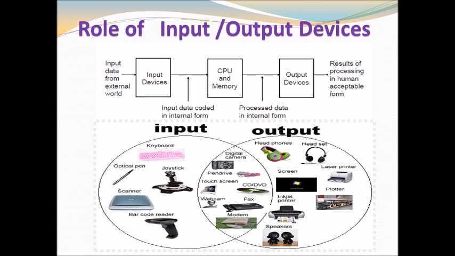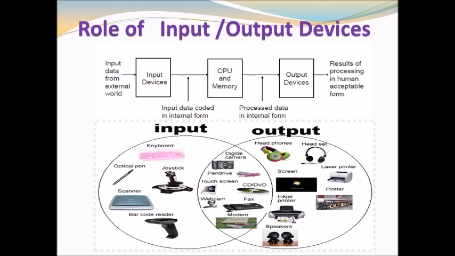Okay, so here is a diagram that shows the input output devices and the combination of devices that work as an input as well as output. In this diagram you will find two circles. The first circle is telling about the input devices and the second circle is telling about the output devices that are purely input and output devices. But in the center you will find the intersection of these two circles. The intersection of these two circles shows the devices that work as input as well as output. So see here, I will discuss those.